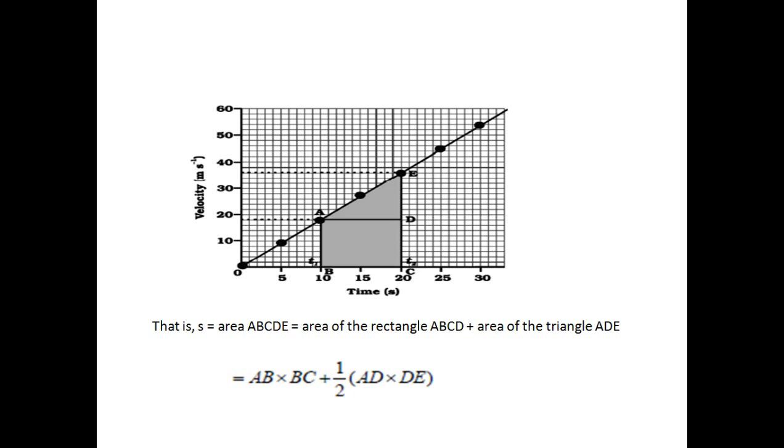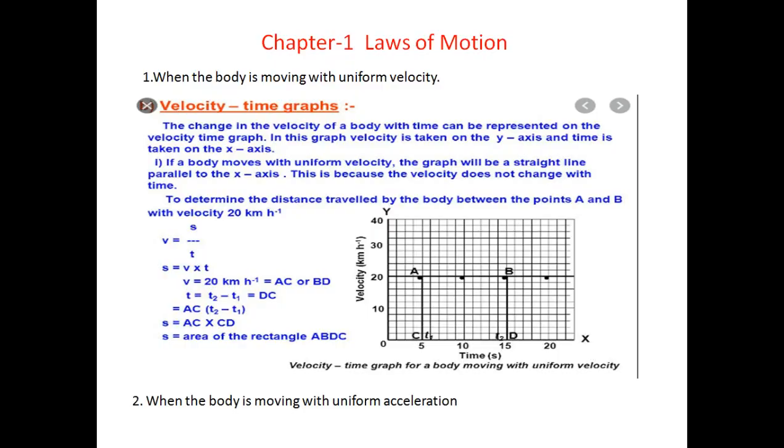Come to page number 6, question number 2. Is there a relation between the distance covered by the train between 2 and 4 and the area of the particular quadrangle? Yes. When we find the distance, it is similar to the area of that quadrilateral. Go back: this is the area of the quadrangle. So when we find this distance, we are finding this area.